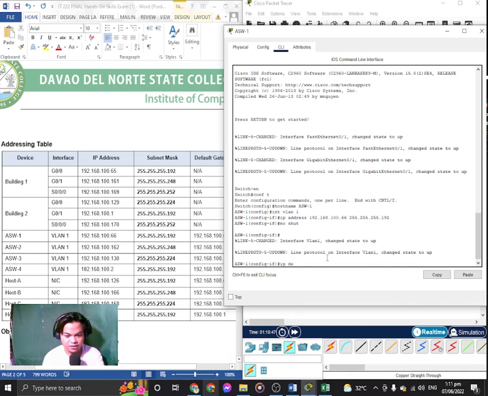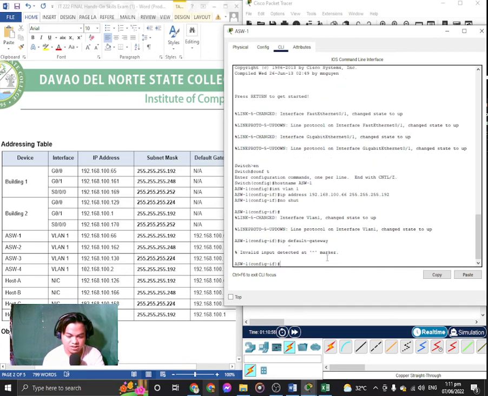default gateway, may default gateway na pala ito. Default gateway. Sorry, nalimutan ko. Default gateway is, sorry. Bakit mali? Sorry, ko lang pala. IP default gateway. We have